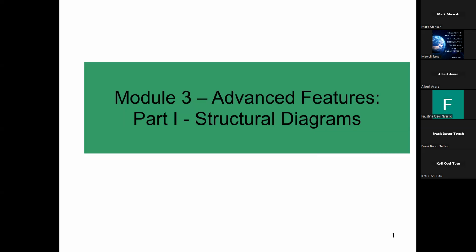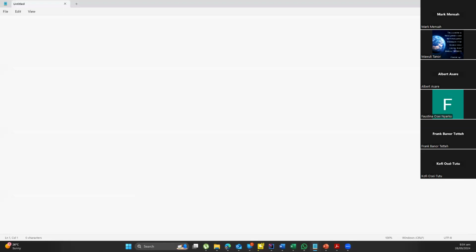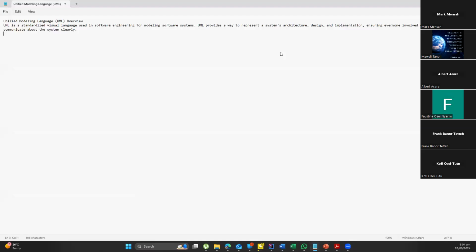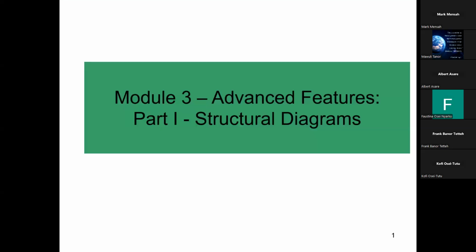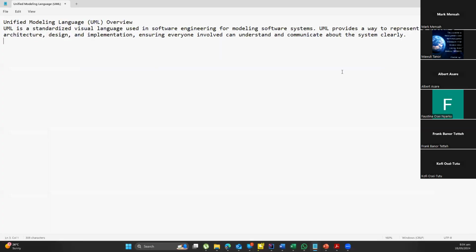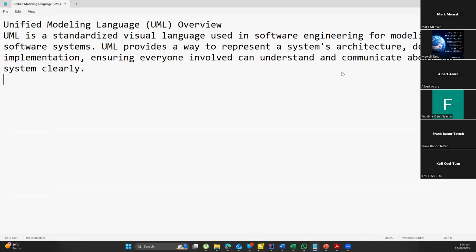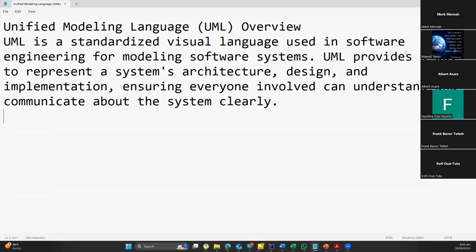When we ask what a UML diagram is, we are saying that UML stands for Unified Modeling Language. Sorry, it stands for Unified Modeling Language, UML. And it is,